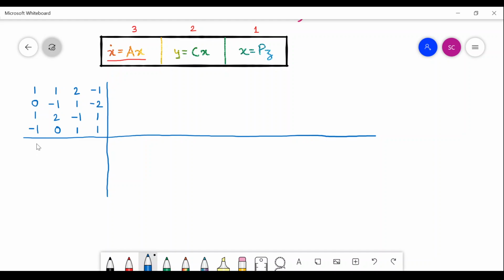What is the order of the identity matrix? 4 cross 4, because there are 4 vectors that we have started with, correct? So we choose the first pivot element to be this one,